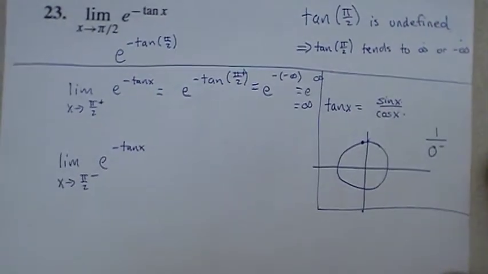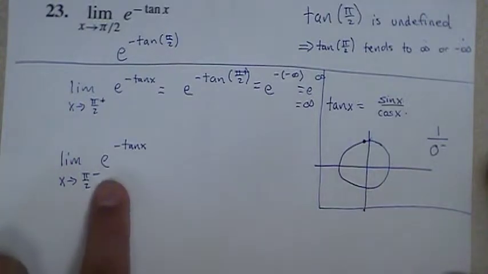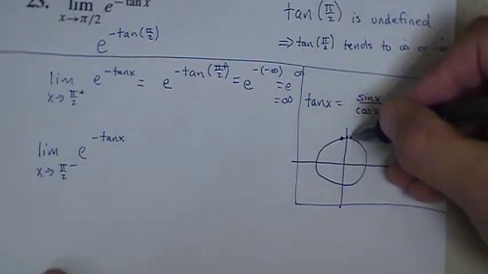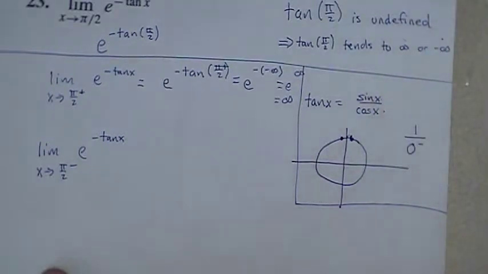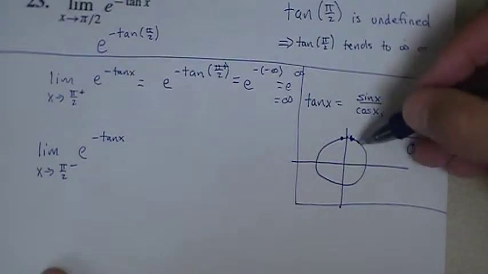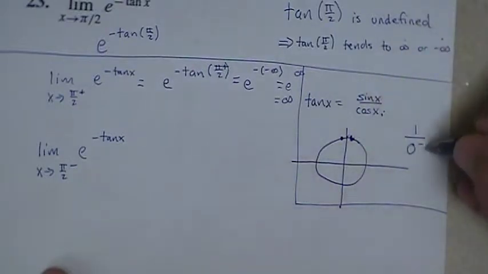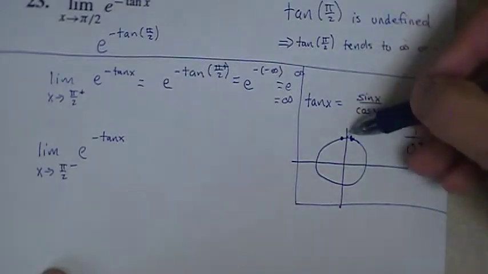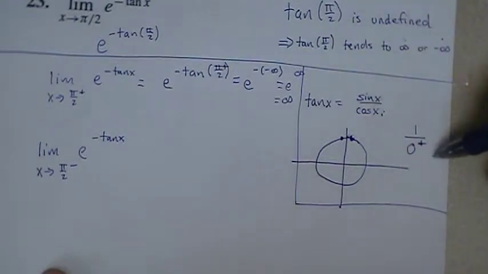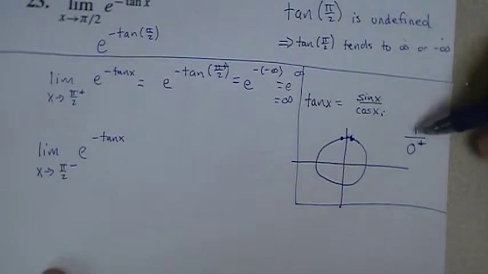Now on the other side of pi by 2, the smaller side. I'd have an angle just slightly smaller than pi by 2. That would put me at a point in this area of the unit circle. My x-coordinate is very, very tiny. It's close to 0, so cosine is very close to 0. But now, since I'm in the first quadrant of the coordinate plane, my x-coordinate's positive. So I'd have a small, small positive there. My y-coordinate for sine is still practically 1. So I have 1 divided by a small positive, so my answer is going to be a big, big positive. 1 divided by small positive, positive infinity.